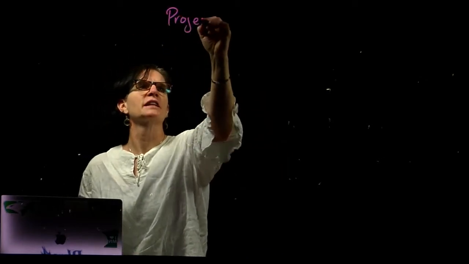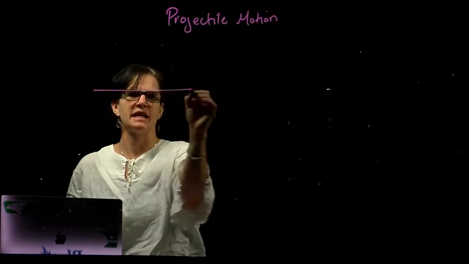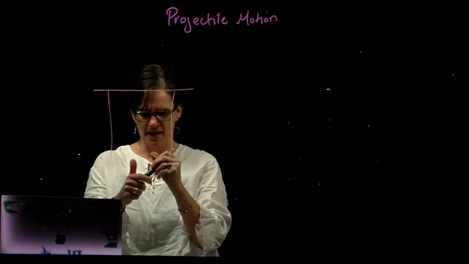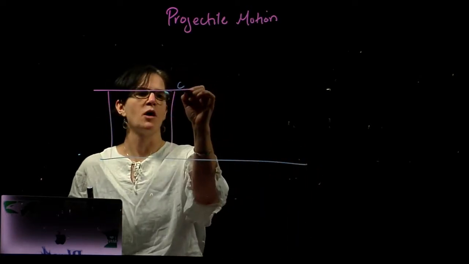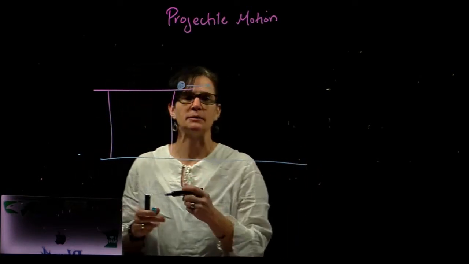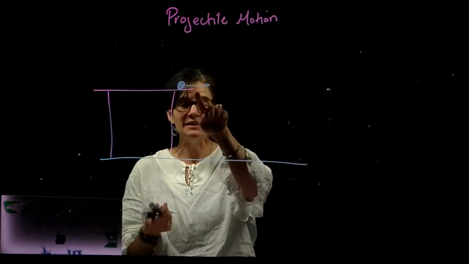Okay, so we're going to take a quick look at the idea of projectile motion and how that looks relative to the motion that the object is experiencing moving horizontally and vertically. So let's imagine that we are looking at an object rolling off the end of the table. So here's our table, and let's imagine here's a floor, that we have a ball, and it's rolling off the table. Now, from our experience, we probably expect that as soon as that ball leaves the edge of the table,